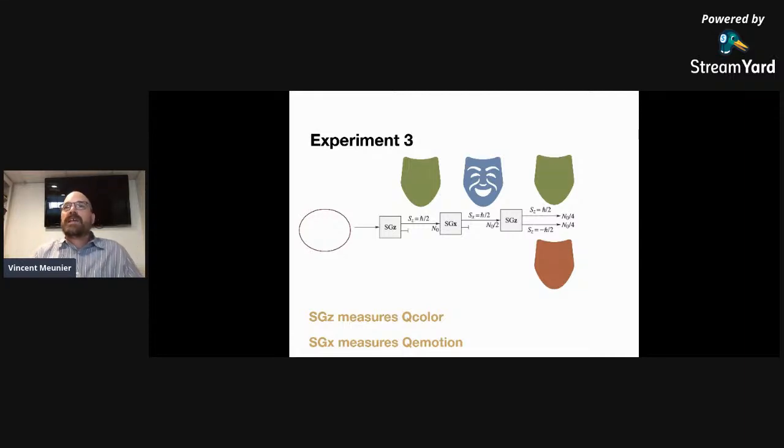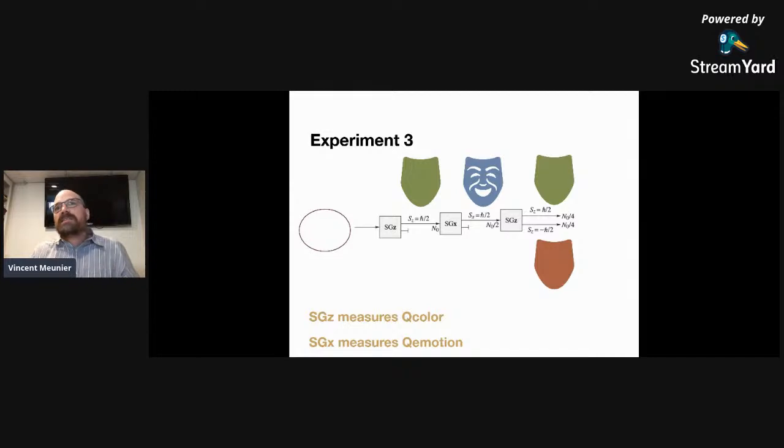So what happens quantum mechanically is that you cannot know both the color and the emotion of the monster at the same time. Because if you determine that a monster is happy, you no longer know which color it is. And it's the same way if you measure the color, you do not know the emotion. So this is the idea of properties that are not compatible. For those who do linear algebra, you know that simply means that those properties correspond to eigenvectors that are not eigenvectors of the same operator, so of different operators. That's the issue we have, and this is basically quantum mechanics.